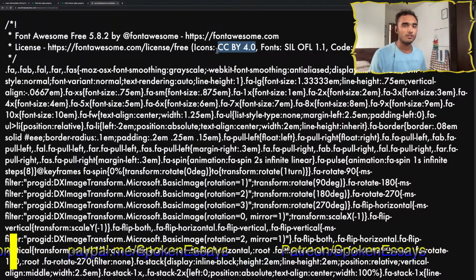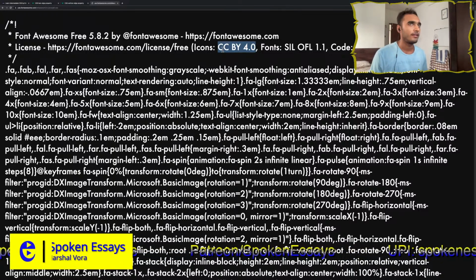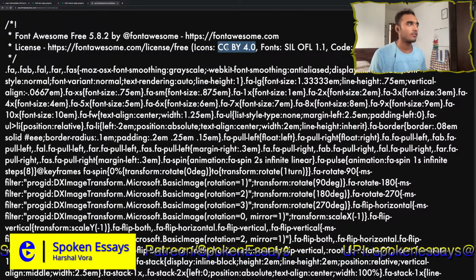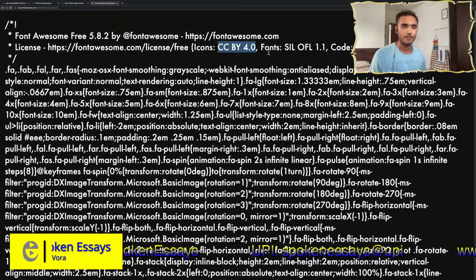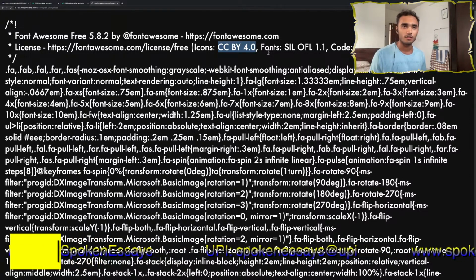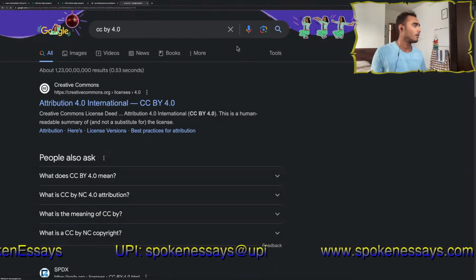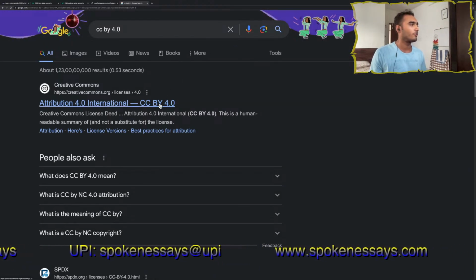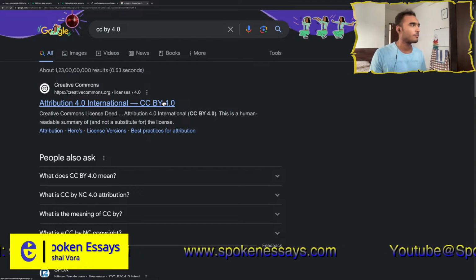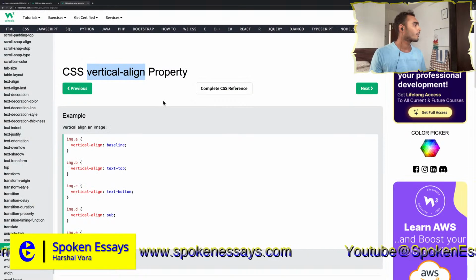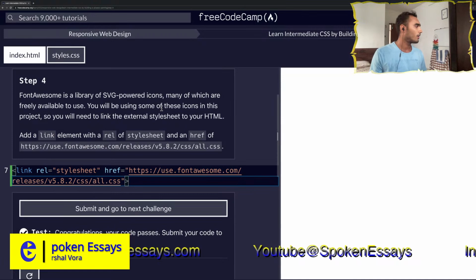We came across CC in a few live videos before. That is Creative Commons, and this is the 4.0 license. Don't you guys worry, you can find that out for yourselves too. You can just simply Google search CC by 4.0 and it will give you the results. Attribution by international, this is a human readable summary. Anyway, so Creative Commons, we have mentioned these Creative Commons before. Moving on, I'll close these tags so we don't need to open them right now, and let's go to the